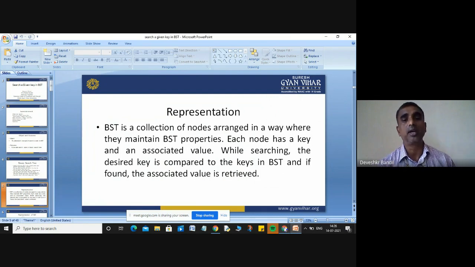That's why I am saying BST is a collection of nodes arranged in a way where they maintain the BST properties. Each node has a key and an associated value. While searching, the desired key is compared to the key in your BST, and if found, the associated value is retrieved. Okay,